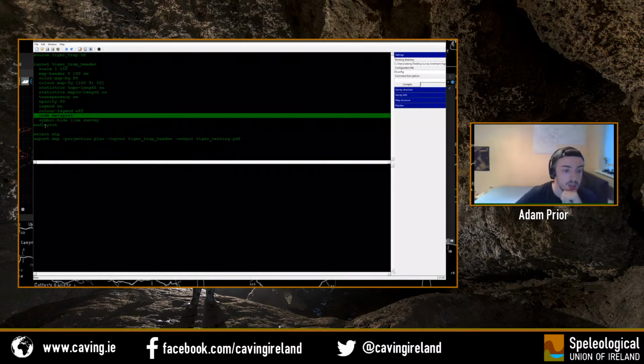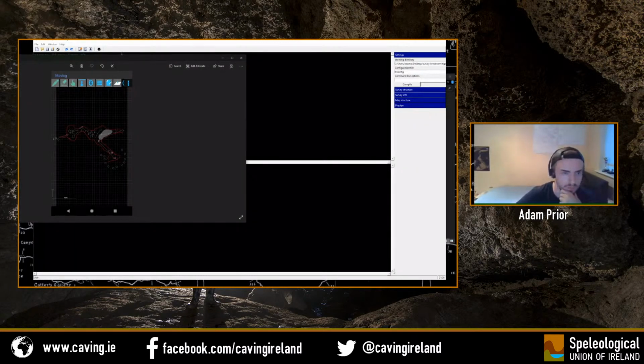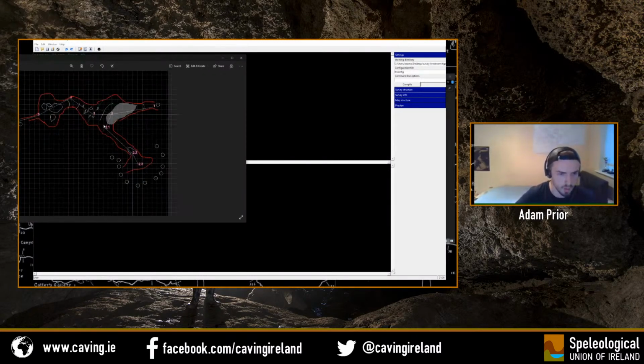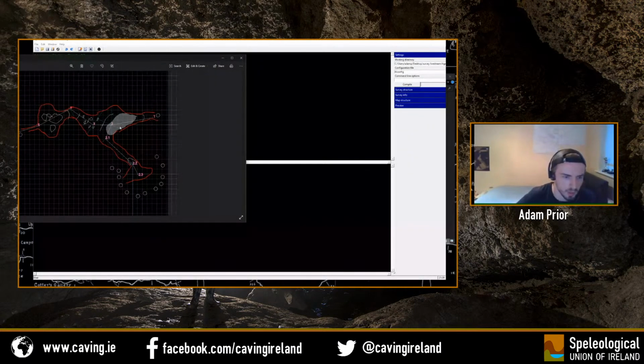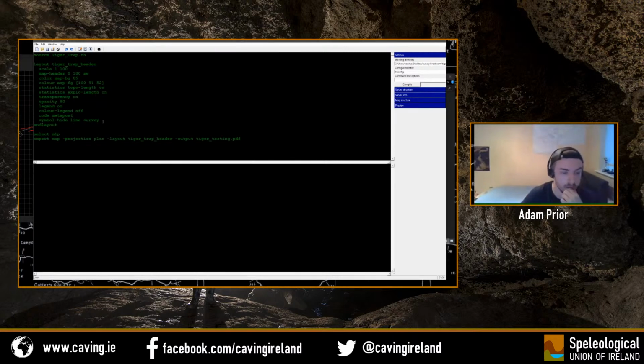Symbol hide line survey. So I think that what this does, if I remember correctly, I haven't drawn a survey in quite a while. How do I zoom? I don't like generating a survey with the center line going through it. It's fine when you've got the skeleton. So when you're looking in Survex, the entire survey is this line. When you've drawn your map, I don't like looking at that in the cave. Some people will say, yeah, you should put that in. I think it's ugly, so I just like to remove it, but you can leave it in if you want. So you're telling it, here's the layout